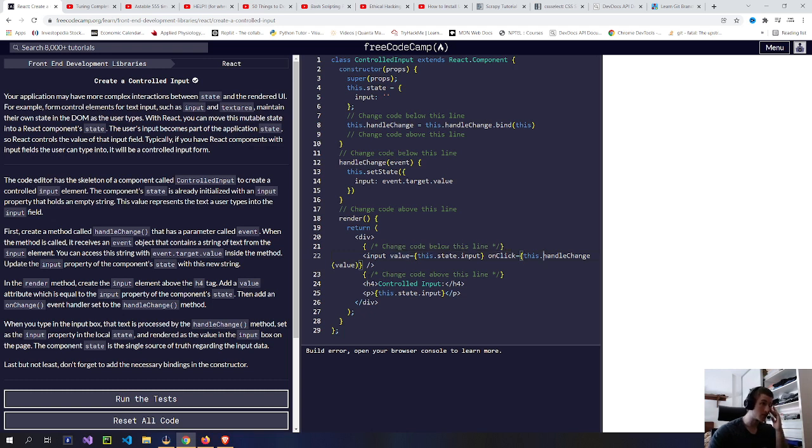Otherwise, it doesn't make sense. Update the input property of the component state with this new string. I think I'm gonna put